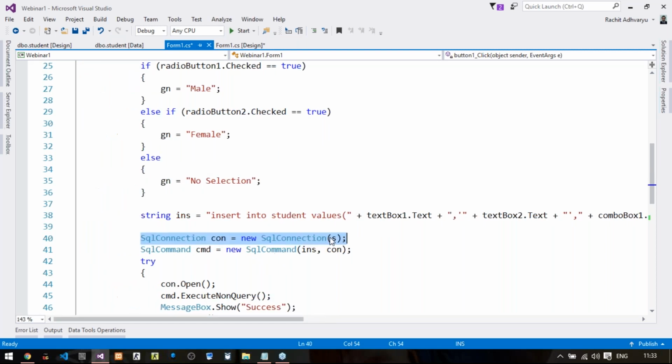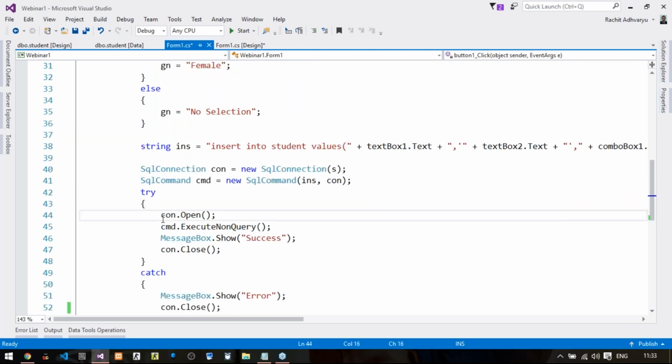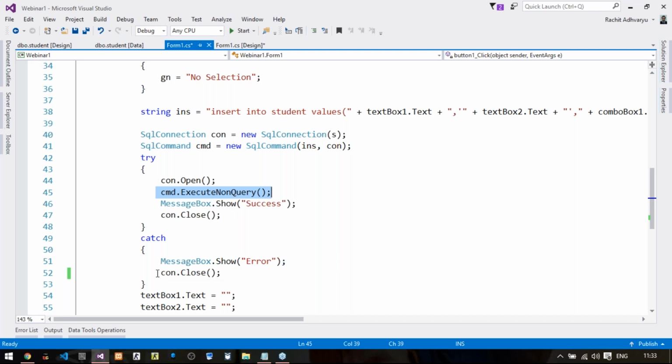And then we created a SQL connection class and we passed our connection string here. Then we created a command class. We passed our query as well as the connection. Now the command class is mainly used to execute your query. To execute the query, we use the try catch block, connection.open, and execute this query. If the query is executed properly, provide a message box of success and close the connection. But if there is any error in this query, we go to catch, we provide a message called error, and we close the connection to avoid overload on this particular server of your database, right?